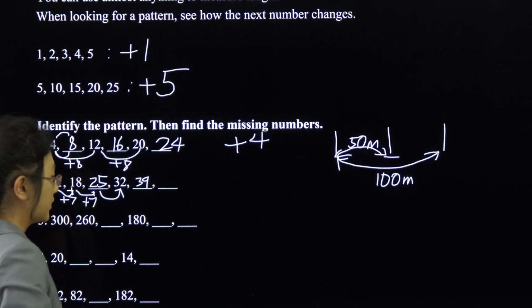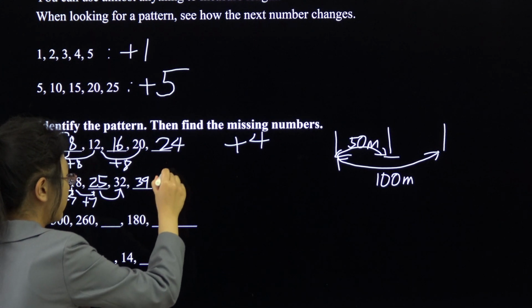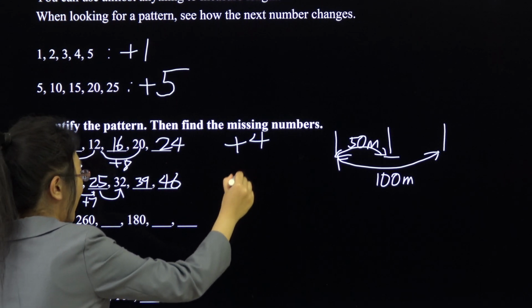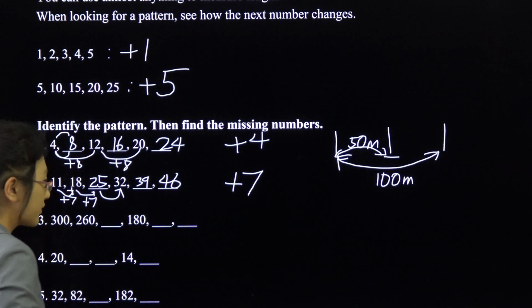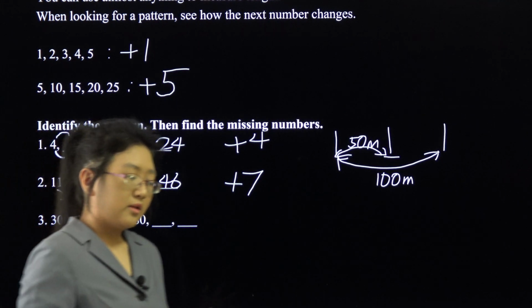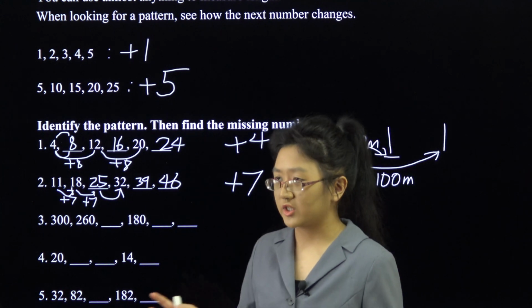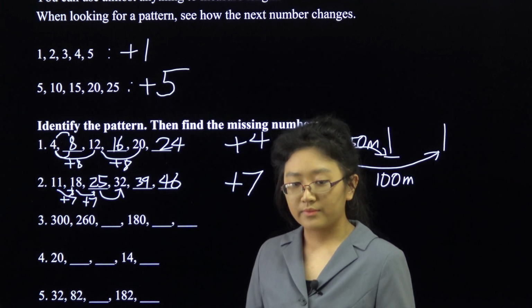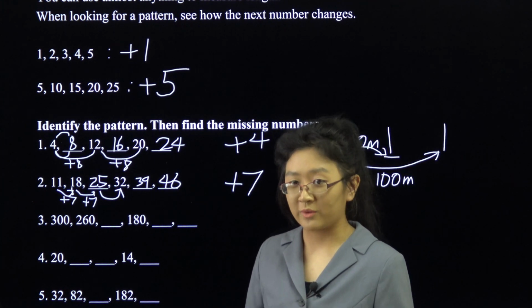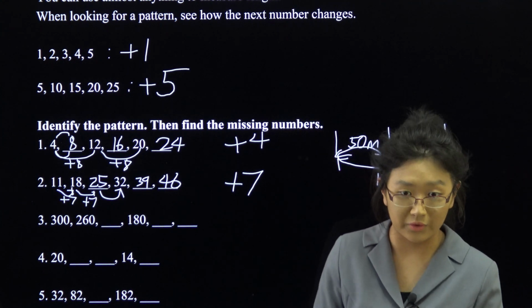39. What's 39 plus 7? 46. The pattern rule is plus 7. When trying to find the pattern rule for these types of patterns, which increase the same amount for each term number, because yes, there are patterns that don't do that,